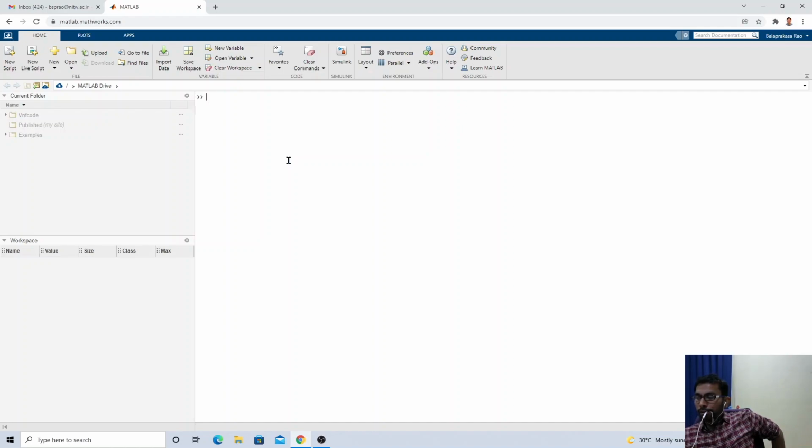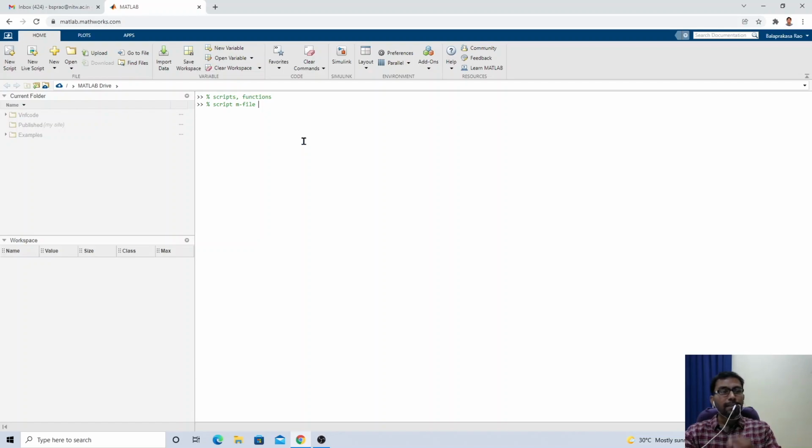The first type of M files is called function files, and the second type of M files are called scripts. So there are basically two types of M files. First one is scripts, second one is functions. Now what is the difference between scripts and functions? So for scripts, a script is an M file. M file means nothing but a file, that's all, a Matlab file. So a script is a Matlab file